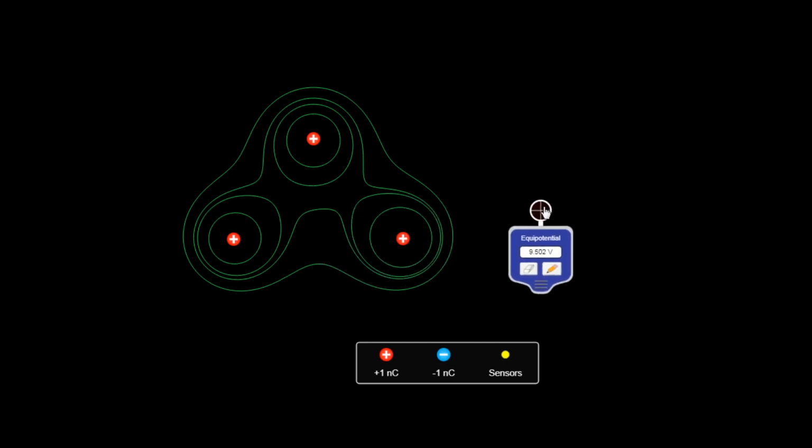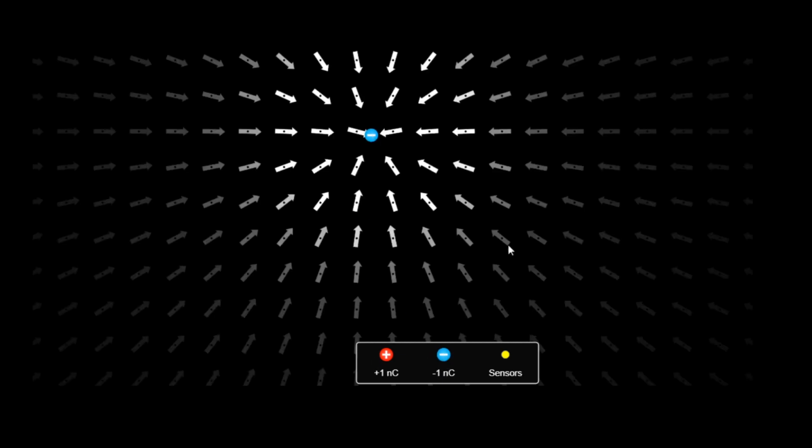In competitive examinations you will be given 4 alternatives and you have to find out which one is correct. So this practice will help you to recall the nature of equipotential surfaces to be drawn for different charge configurations in space. So now let us draw for negative charges. Here just see, the electric field is towards the negative charge.